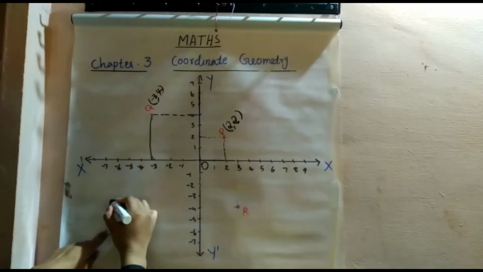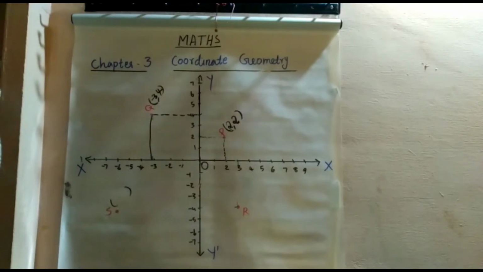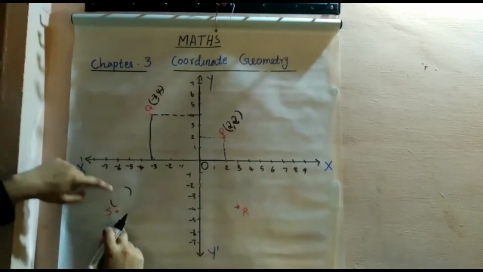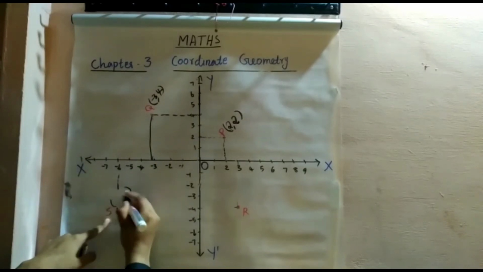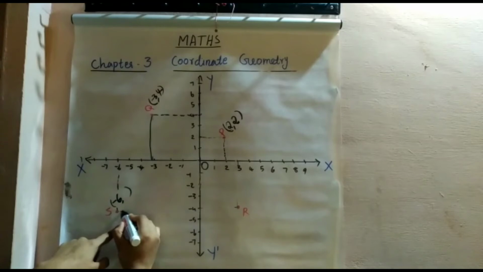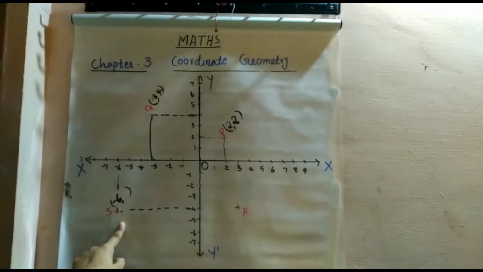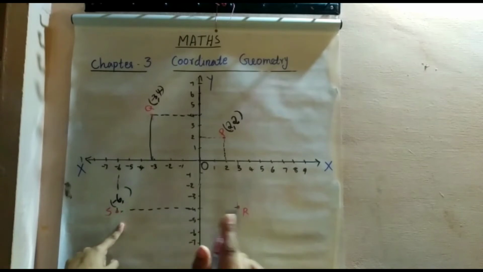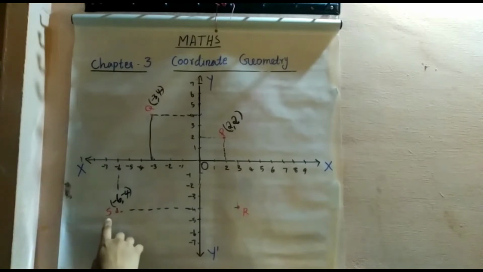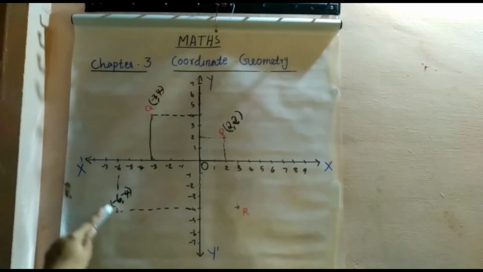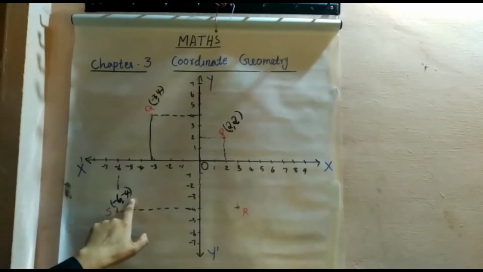Then next, point S. This is in the third quadrant, so both the x coordinate value and y coordinate value are negative. See, first the x value: draw a line to the x axis, so minus 6, and for the y value, use a scale. When you draw, use a scale and graph paper. So minus 4, both values are negative. So the coordinates of the point S are (minus 6, minus 4). Minus 6 is the x coordinate, minus 4 the y coordinate.